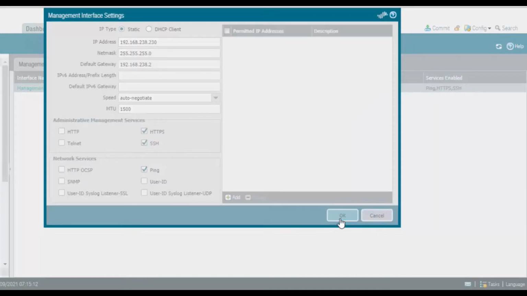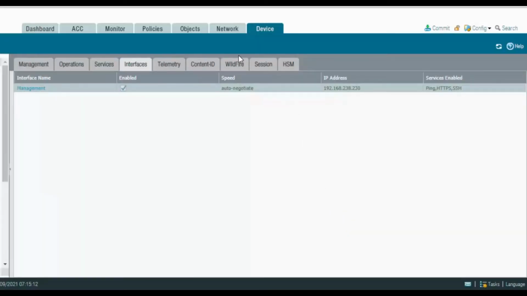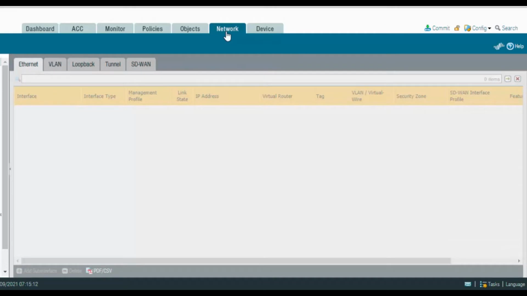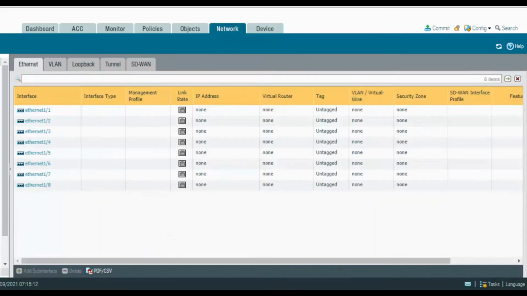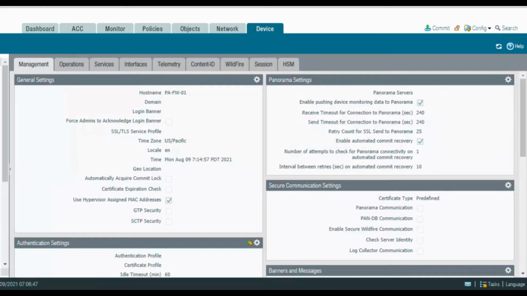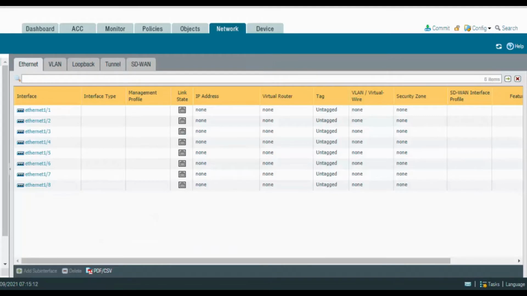Click on OK. In here I will not configure all the interfaces, only the HA interfaces, which are 1/4, 1/5, 1/6 and 1/7, because when I do a synchronization, the configuration will automatically sync to firewall 2.